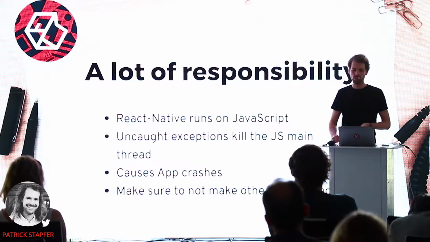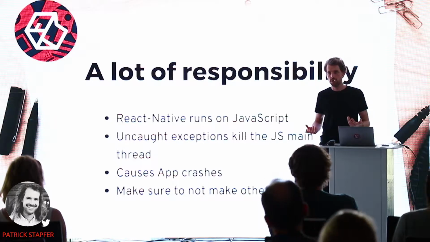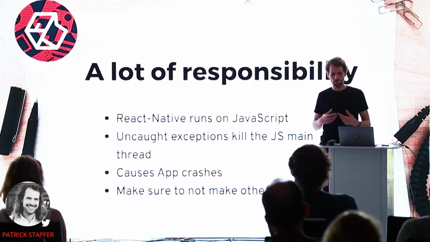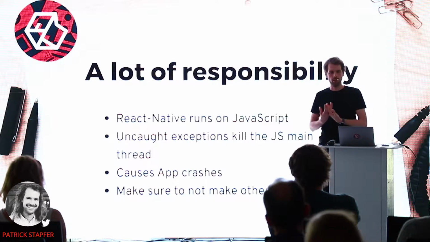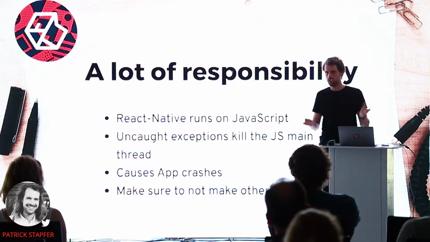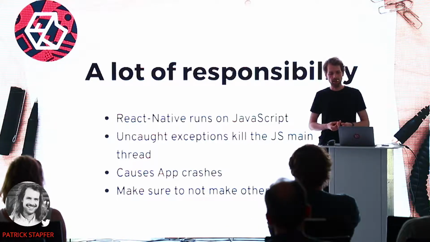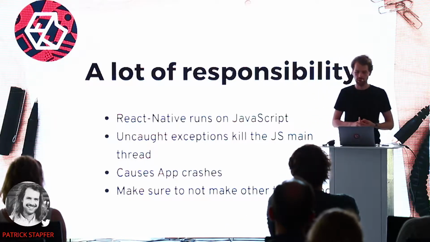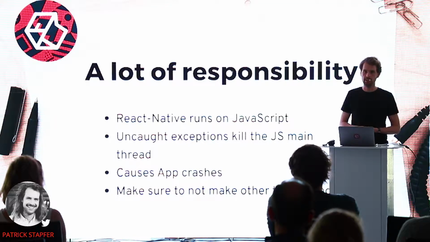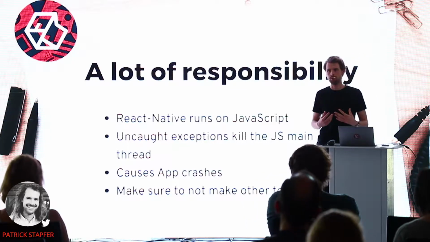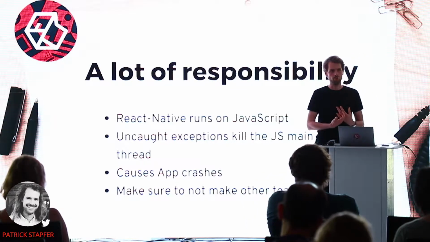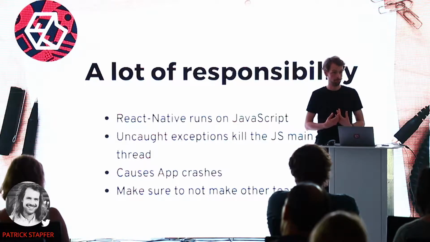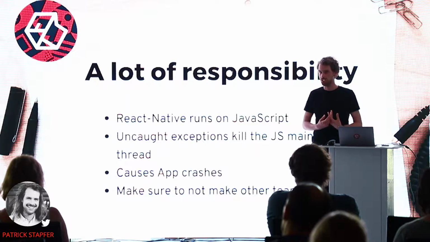And we had a lot of responsibility. React Native runs on JavaScript, and it also ships a little core module with it. In iOS, it runs on the JavaScriptCore engine in the main thread. And on Android, they ship a whole JavaScript engine with the React Native module, or at least back then. I guess they made it better by now. And the thing is, whenever you're running JavaScript and it causes an exception which is not caught, the whole application crashes. And we all know, as app developers, you don't want the app to crash. This is probably the worst thing you can have.